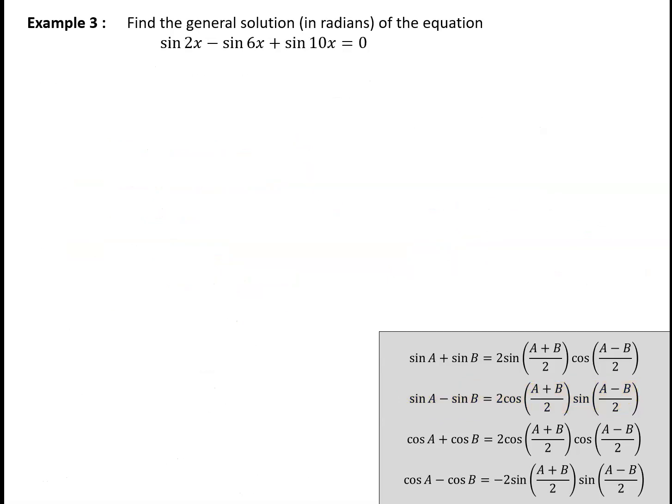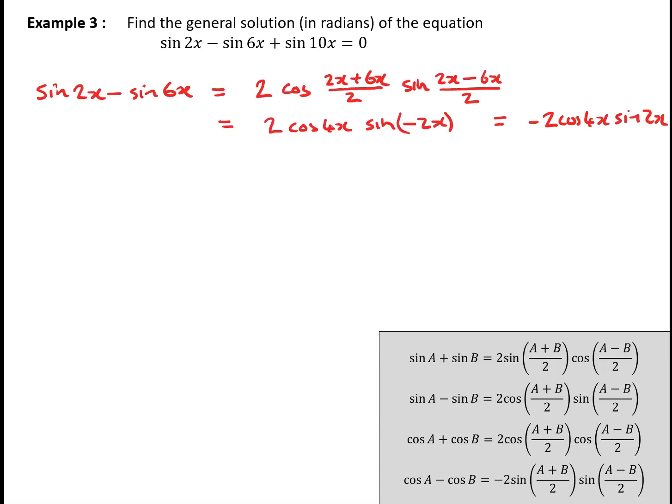Now for our next example, we're going to try to find the general solution, again in radians, of the equation sin 2x − sin 6x + sin 10x = 0. Now again, the factor formulae will help us, but it's not immediately obvious which form of the factor formulae to use. We might be tempted to start off by considering the sin 2x − sin 6x part of the equation,